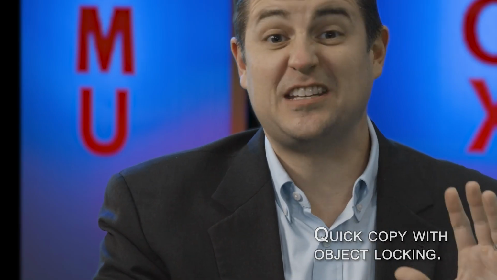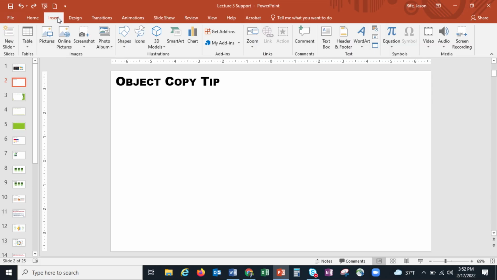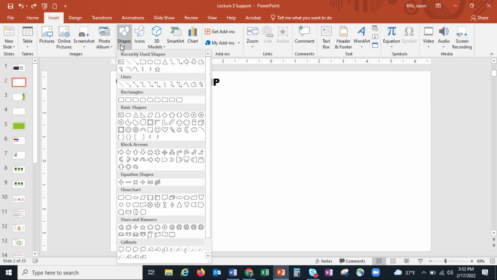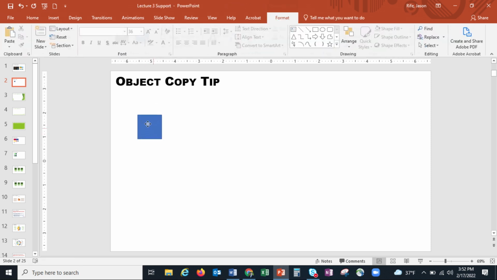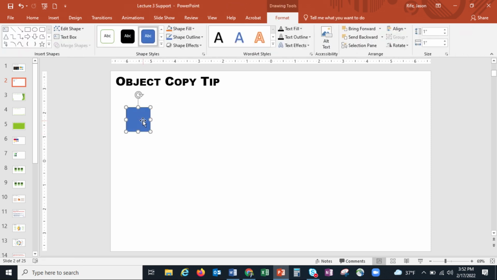One technique you'll see me use a lot is quick copy, typically with object locking. What I'm going to show you is a technique that some of you may already know, but in case you don't, this is going to be something you wish you probably knew a long time ago. So as you see me go through some design elements, you'll see me create a shape. We go up here, let's just keep it simple and we'll throw in a square. So I've got a square, but what if I want a lot of squares